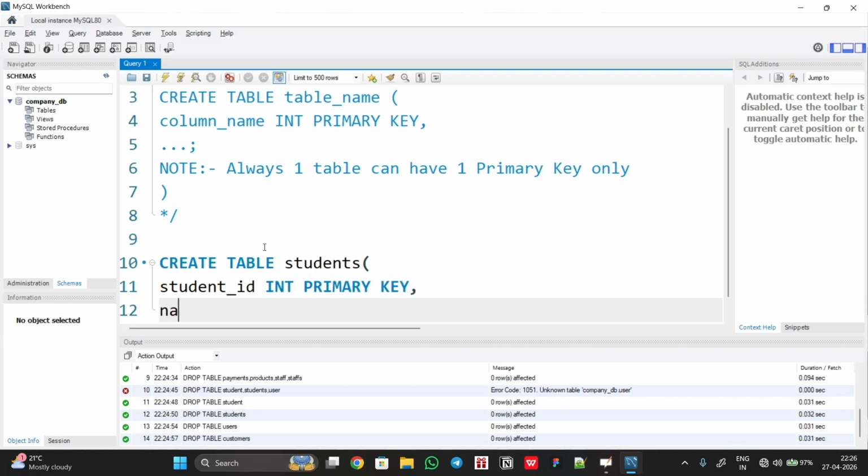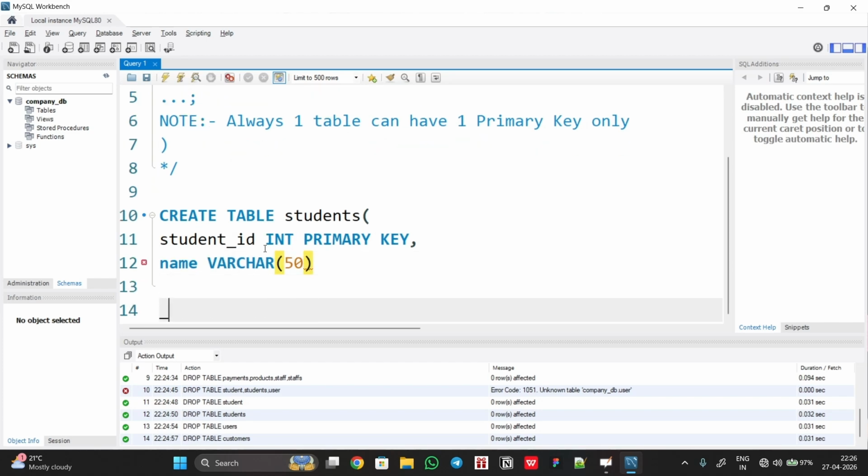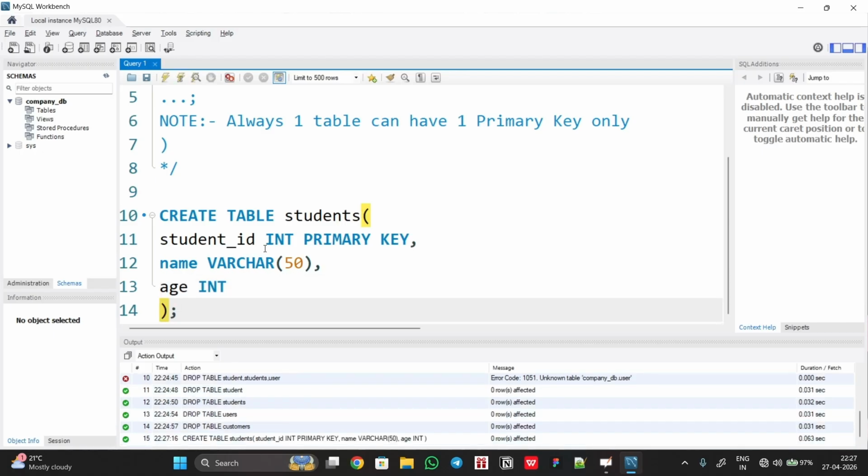Then there should be a name of varchar, suppose 50, and make it comma. Come back here again. Let there be an age of int data type. Make sense now? Okay. Now what I could do, I'm going to press Ctrl plus Enter to create this particular table,